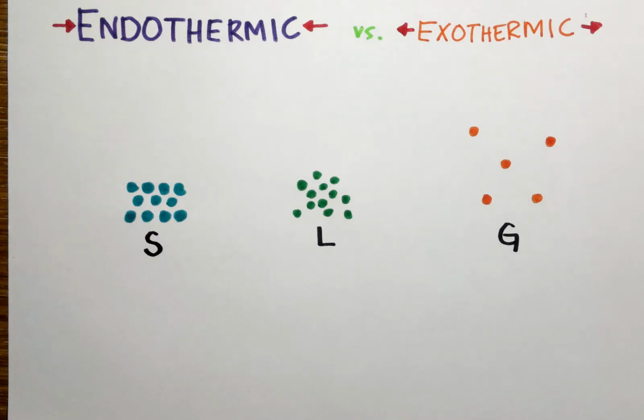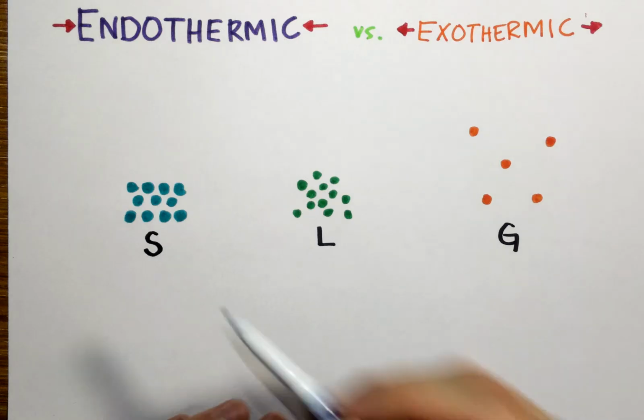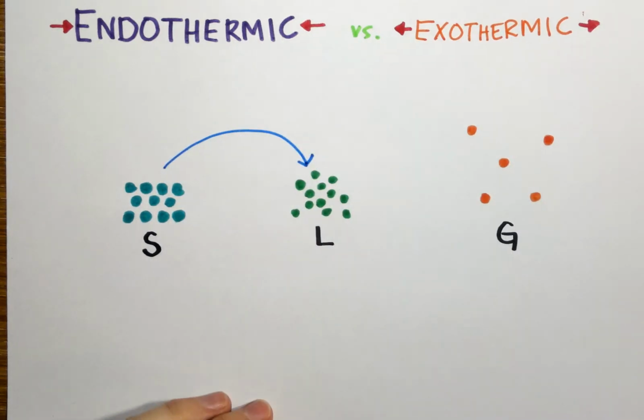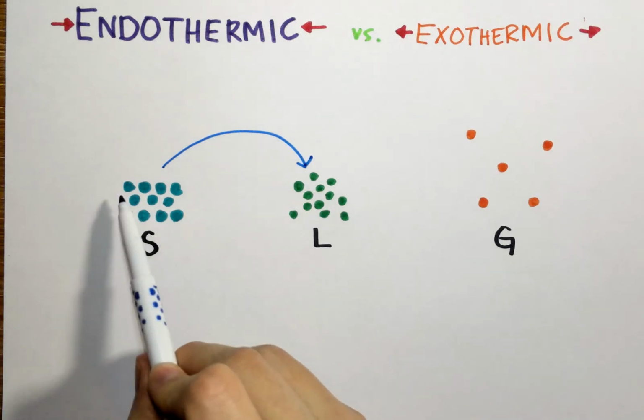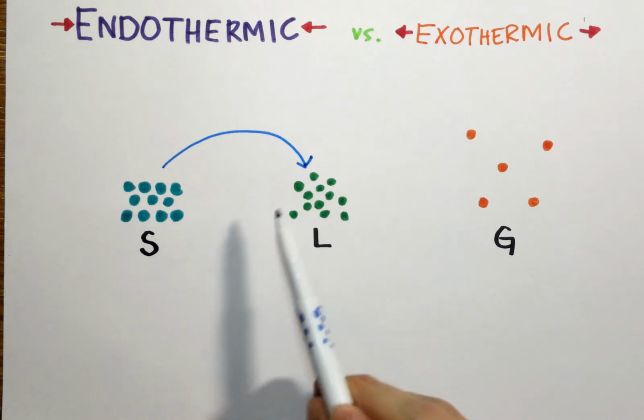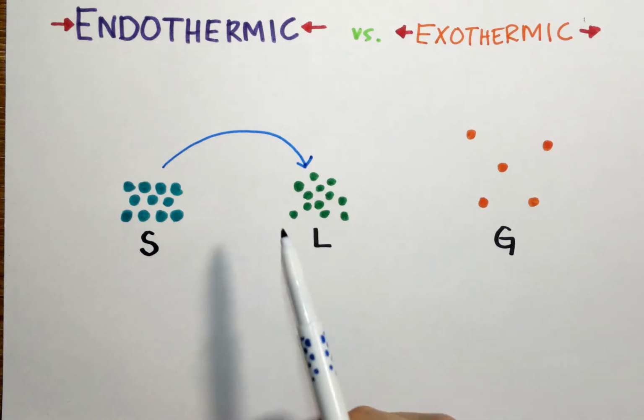So looking here on our screen, what I see is the 3 phases of matter, and I'm going to sort of describe the phase changes as they relate to heat required. We know we need to either add heat or take heat away in order to make a particular phase change take place. For example, if I want to change this solid into this liquid, just looking at the arrangement of particles tells me going from low movement, very highly structured and organized, to a messier, kind of more movement allowed